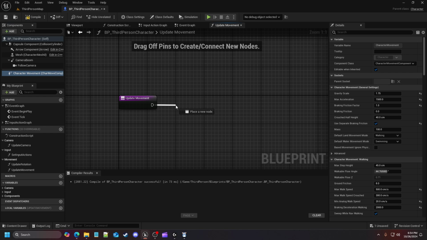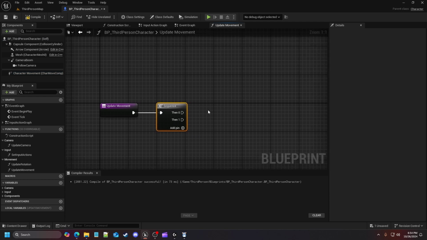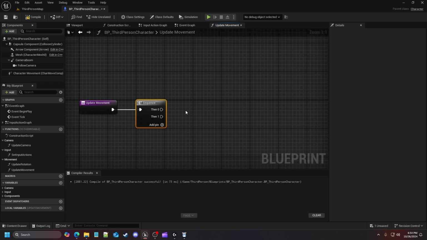So we're going to drag off of this and create a sequence node, because we're going to want to run through a sequence of functionalities within our update movement. The first one we are going to do is go through our gaits. Before doing that, what we have to do first is set up our Gait